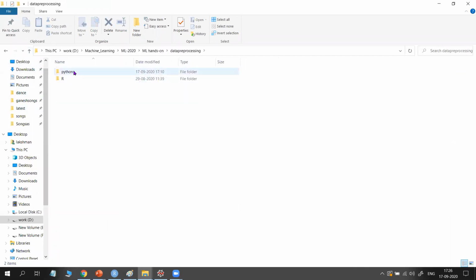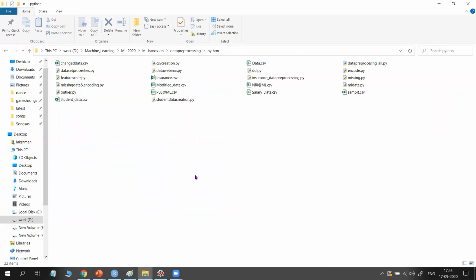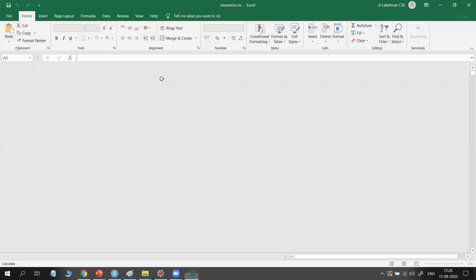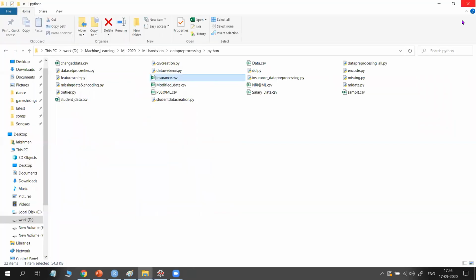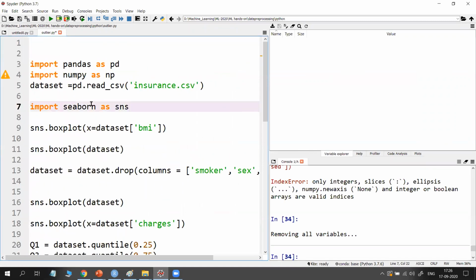I use this folder, and in this folder the data set is there. See, where is it? Insurance. Just click on it. See this insurance. The same data set is loaded here. And I am using a file outlier.py. As I told you, no need to give the path. Keep both your data set and your Python file in the same folder. That is this file outlier.py. But I will show you line by line.